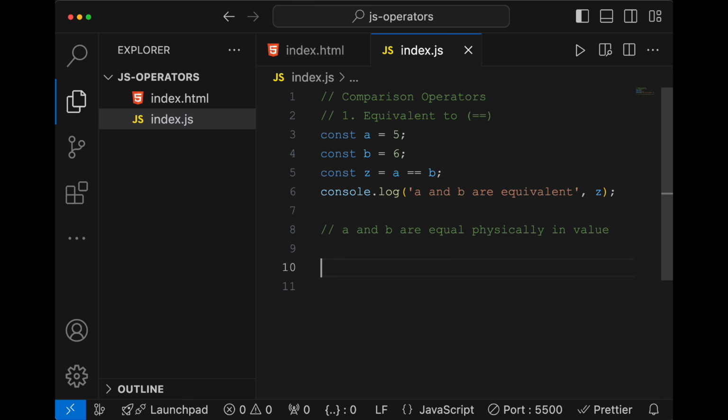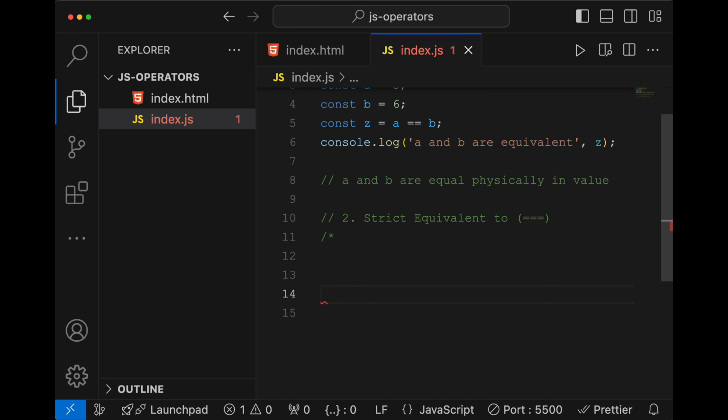And there is a second one that is almost the same as that one, which is also under comparison operators, and that one is called strict equivalence, or strict equivalent to. This one is 3 equal signs. The 3 equal signs will mean that, let me actually now use multi-line comments so that you also get to see how we can use multi-line comments. So this will mean that a and b